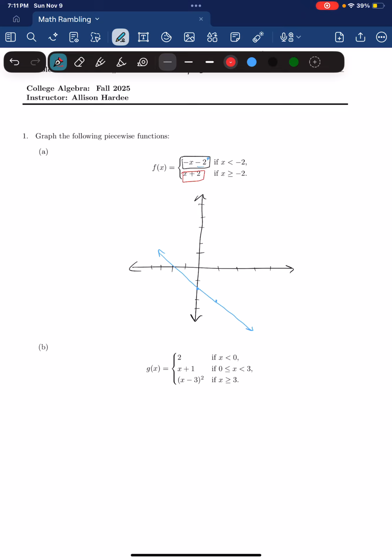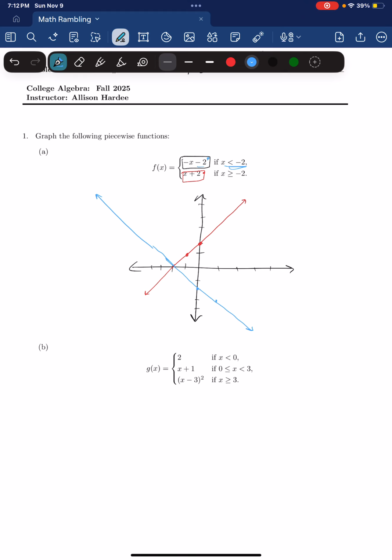All right, and let's look at this next one. x plus 2. We'll graph this one in red. So x plus 2, the y-intercept is 2. And then the slope is 1, so up 1 over 1. I'm going to extend this line a little further. There we go. Now that I've graphed both lines,